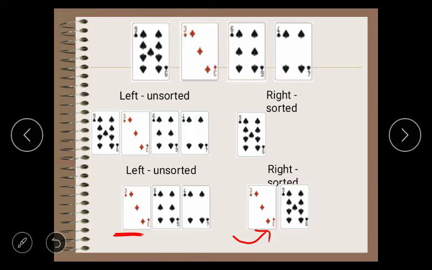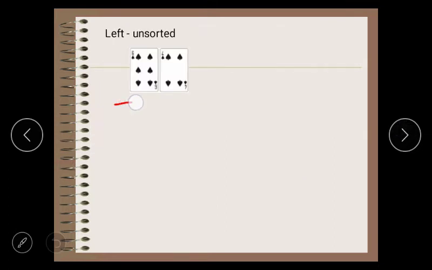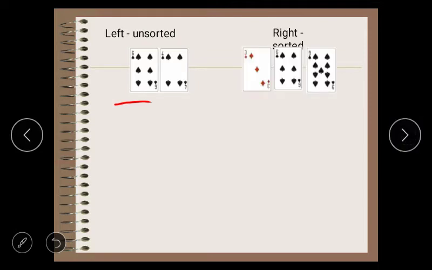Now the next card that we pick is 6. When we pick 6 to the right hand, it has to be inserted between 3 and 9.